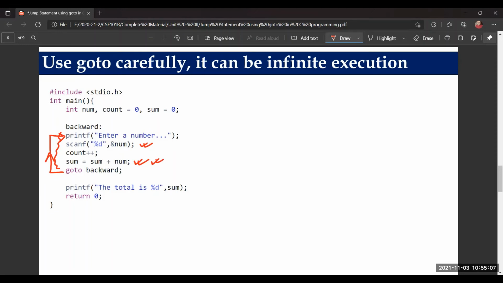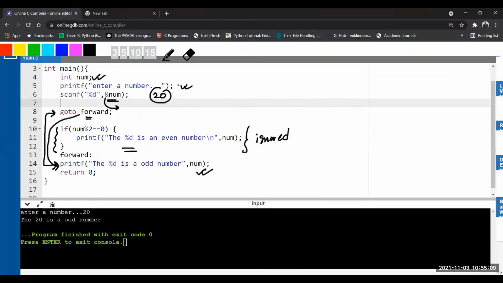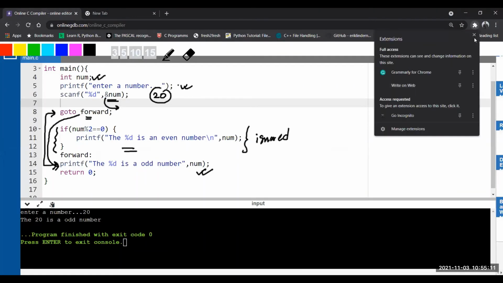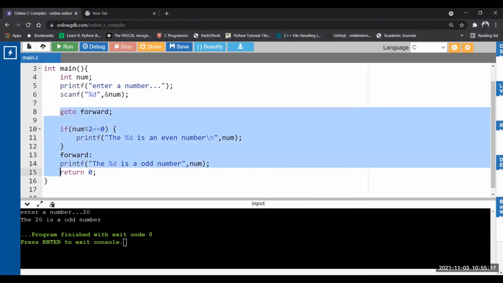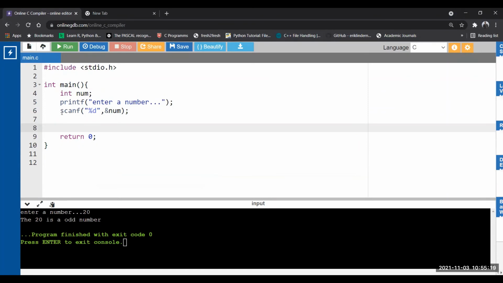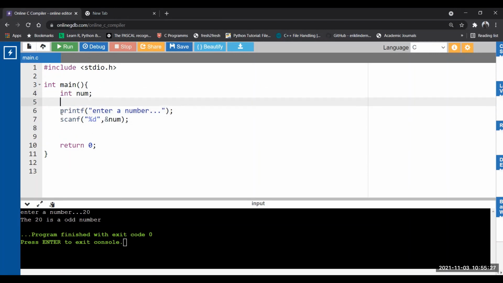We'll see in the compiler how this kind of statement can become infinite, especially for a backward goto. A forward goto moves in the forward direction of program control, so there is no chance of infinity. So let's now implement a backward goto over here.